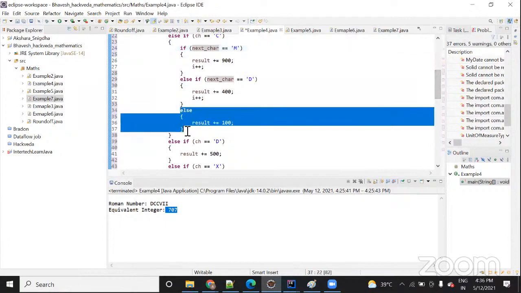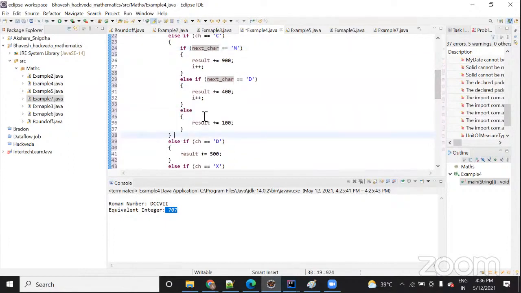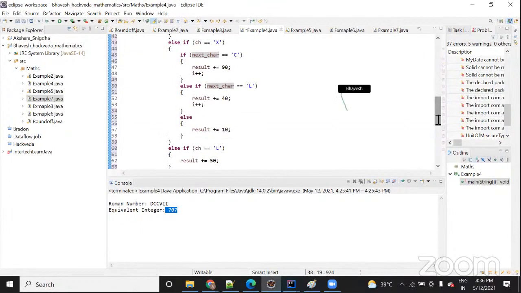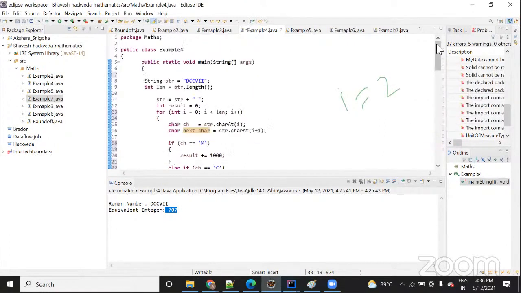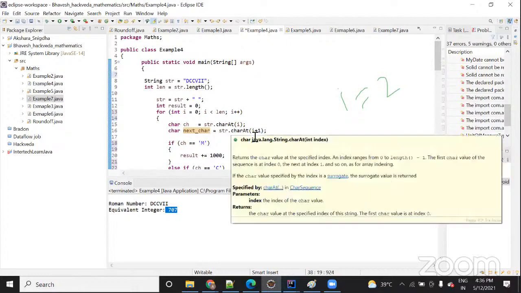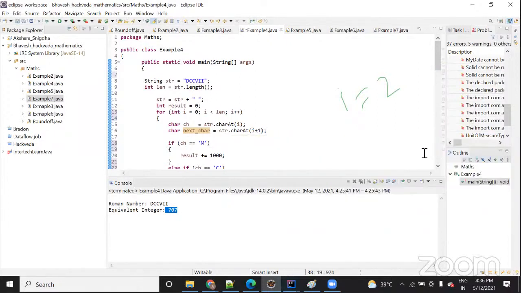Okay, we have done till here. But what I'm saying is the I value is 2. If you go up and see, at I equal to 2, 2 plus 1, that is 0, 1, 2, that is your C, and this 2 plus 1 is 3. First you do this, then it will be complete.